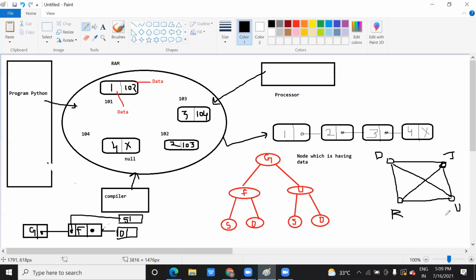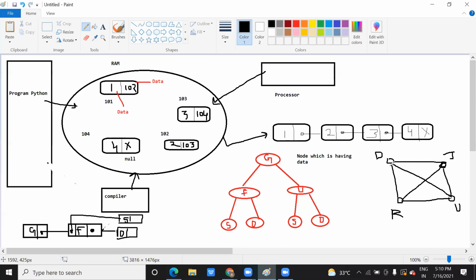Now what does graph data mean? Graph data, you can use it to represent the shortest path between any two cities, or to represent the connection between the nodes. Now if I ask how you can reach Uttar Pradesh, you can say I will go to Rajasthan, and from Rajasthan I will go to Uttar Pradesh. Some people will say I will go to Jammu Kashmir, and from there I can go. And there is one more route, a direct connection, a direct highway. So what does graph data represent? It is a connection of data.